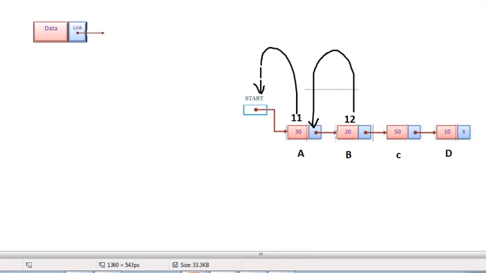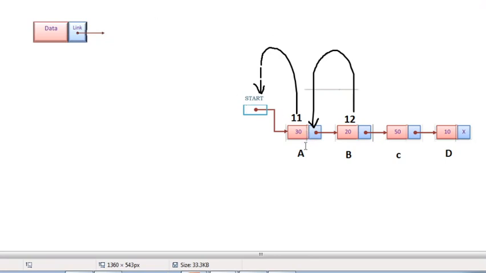How are these connected in a linear manner? With the link field. How is this link established? Assume the address 11 is available in the start node.